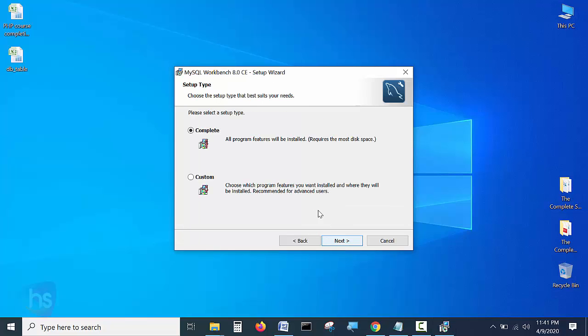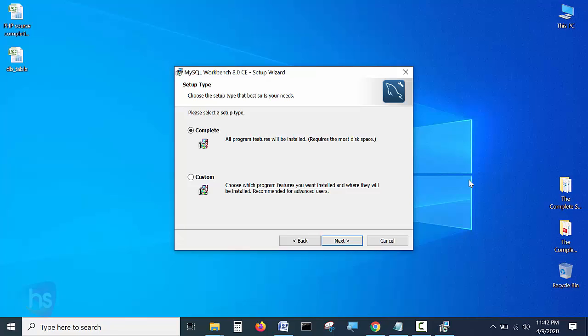Click next. Here you have two options: one is complete installation and the second one is custom. Complete installs all the program features and requires the most disk space. With custom, you have to choose the components yourself, if you are an advanced user familiar with MySQL Workbench, and select only the components you require from the list.